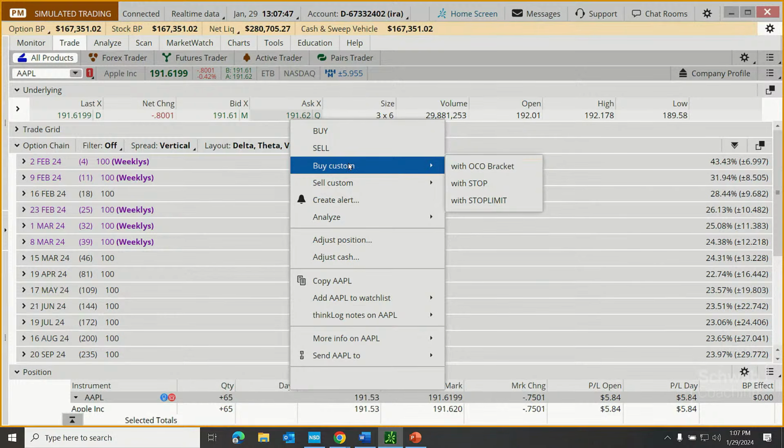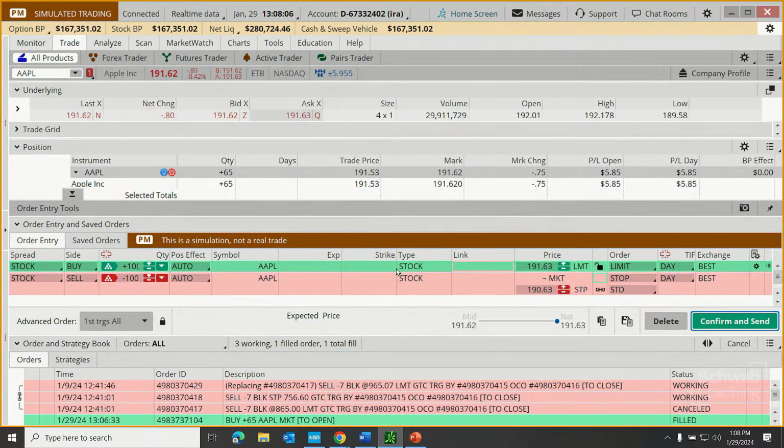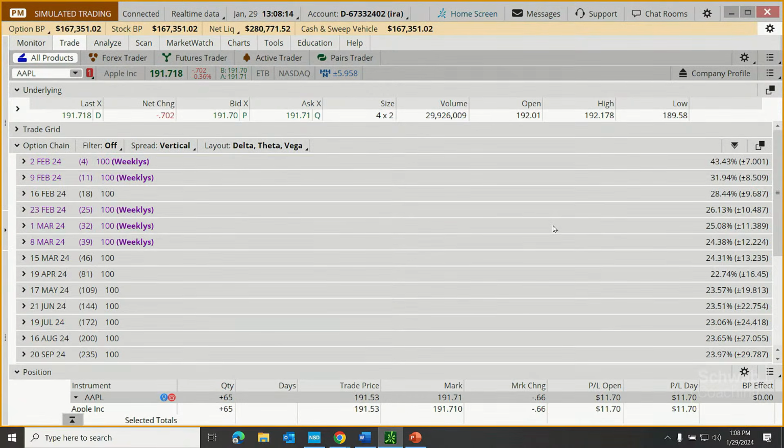For example, we could put in a custom buy order with a stop order attached to sell if the stock starts to fall, the unintended direction. I'll show you that order a little bit more completely in just a moment, but just be aware, a second way to place a potential stock order very quickly, trade tab, right click on the bid or the ask, and then select from the menu there, okay?